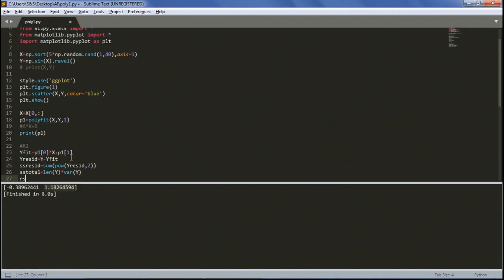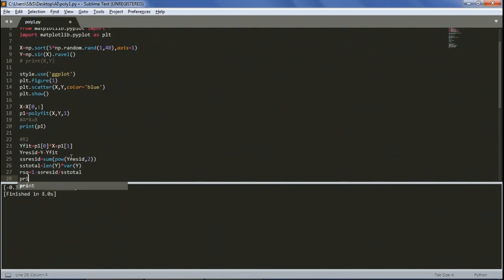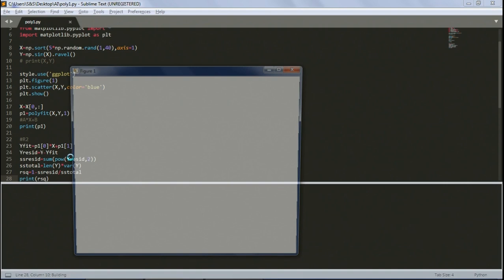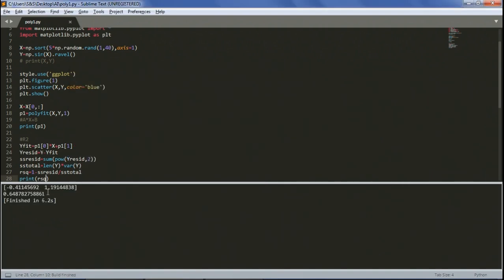Alright, and finally find r square by using this command: 1 minus SS residual by SS total, and finally print r square. These lines of code find for us the r squared error. I must close it to see the r square. As you can see, we have 64% accuracy, and